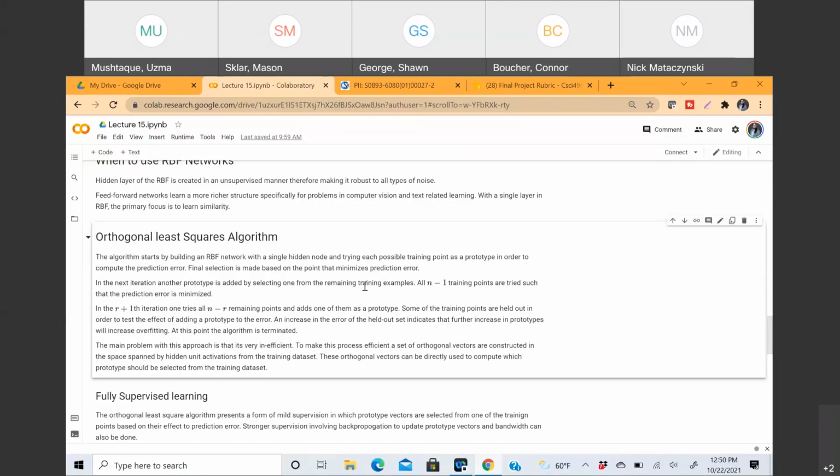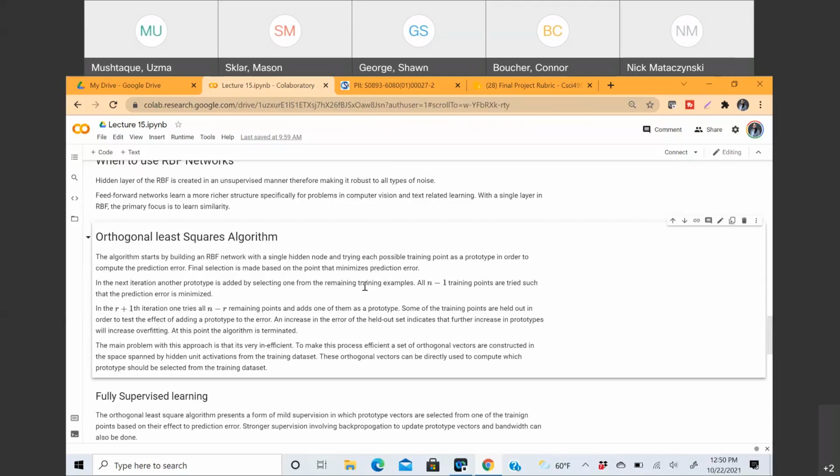So we usually keep away a holdout set, and we keep comparing the performance of that one node network. How is it predicting my inputs, and then see, okay, this is a good fit,